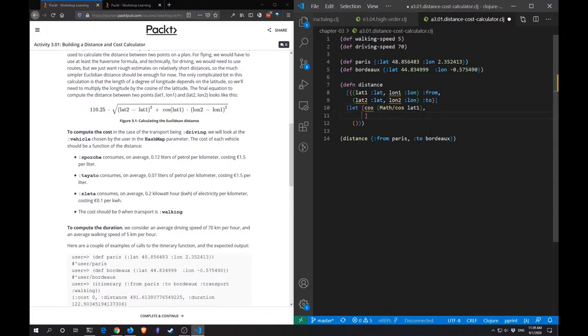And then we can define let square root, let square as math dot square of